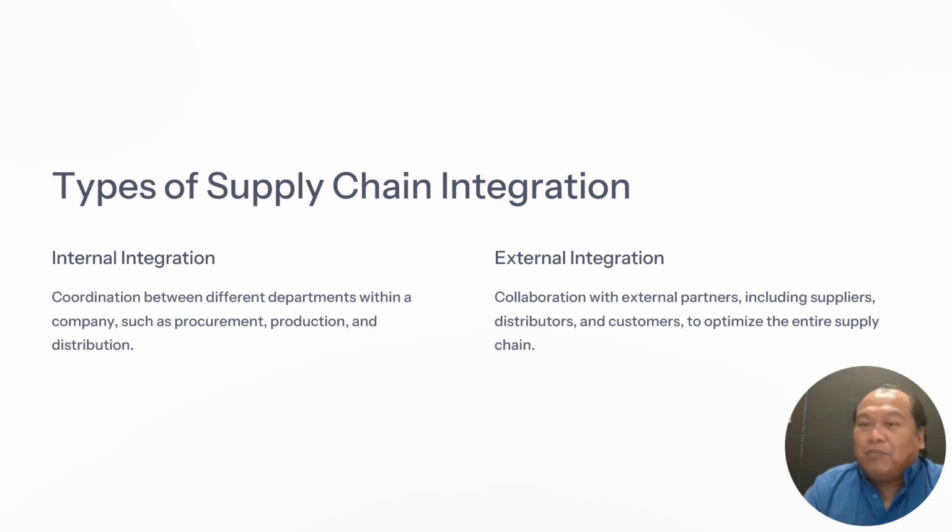So that means if I am procurement, I am now going to have an external integration with my suppliers, because procurement, from the word procure, means they will have to supply the raw materials. Now, if I do not make the raw materials within my company, if I have to outsource the raw materials outside my company, then that is what we call external integration.